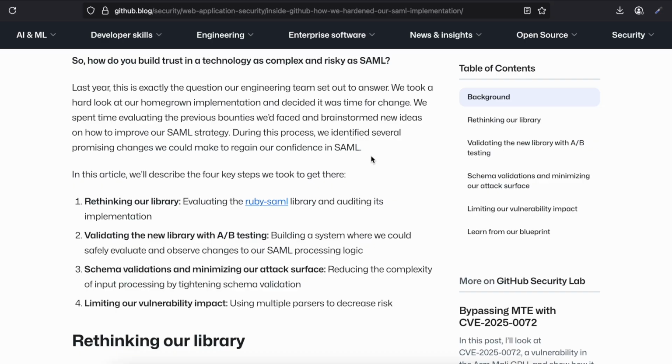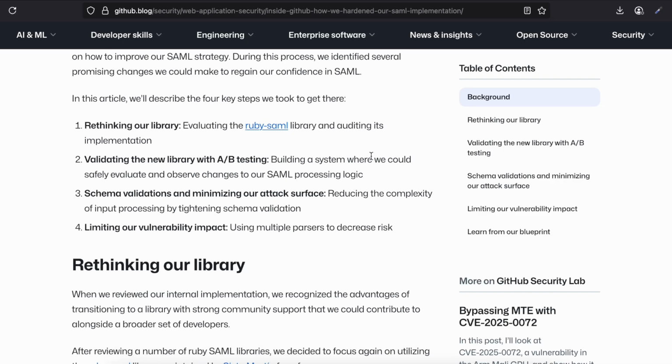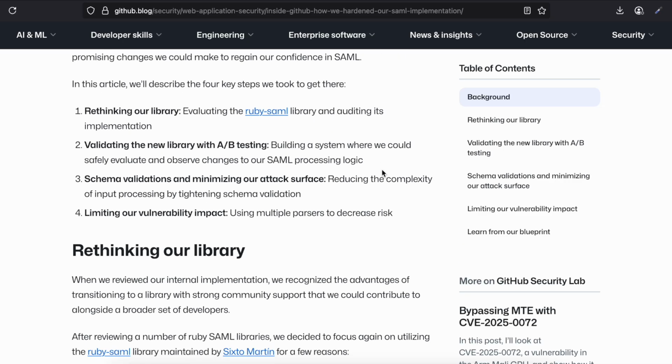We took a hard look at our homegrown implementation and decided it was time for a change. We spent time evaluating the previous bounties we had faced and brainstormed new ideas on how to improve our SAML strategy. During this process, we identified several promising changes we could make to regain our confidence in SAML. In this article, we'll describe the 4 key steps we took to get there: rethinking our library, evaluating the Ruby